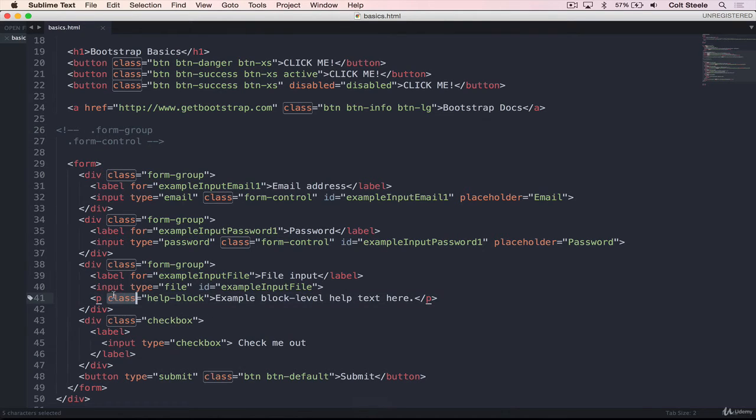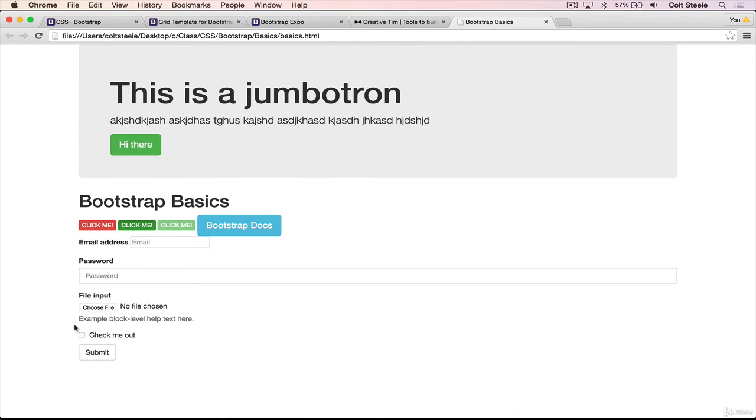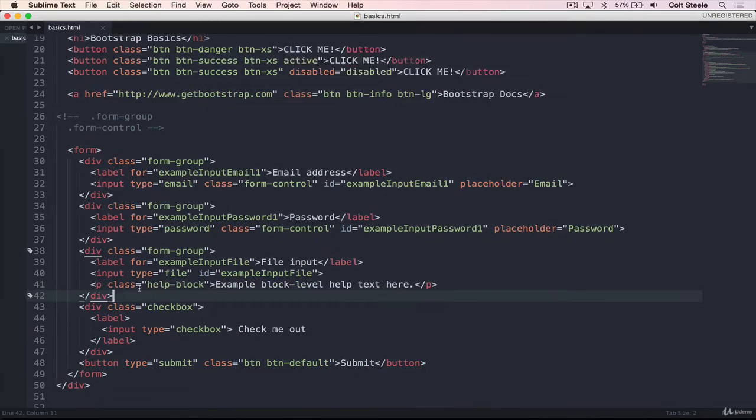Now there is this paragraph class help block, and we can take a look at what we get from that. It's this text down here which just gives a little hint, a pointer about part of your form. And that's done with the class help block. And then we have our button down here, which is just a regular Bootstrap button where we have btn and btn-default. And we could make it larger or smaller, or extra small, change the color,